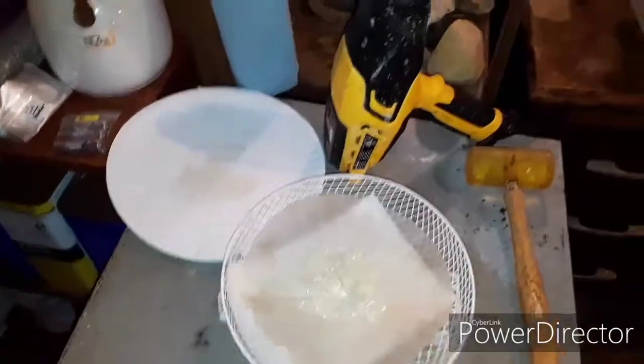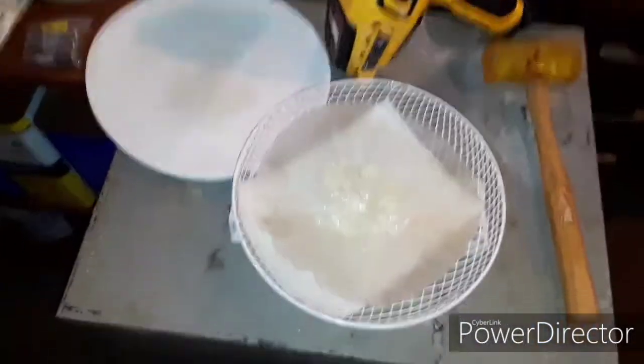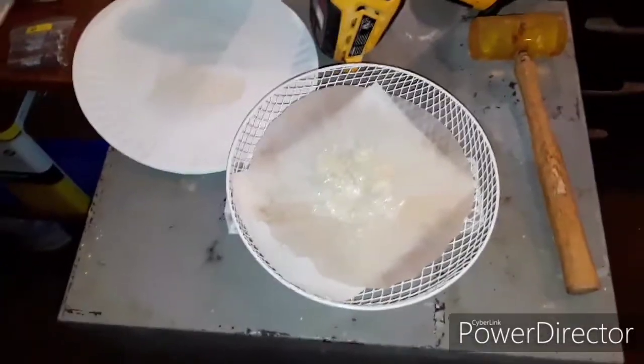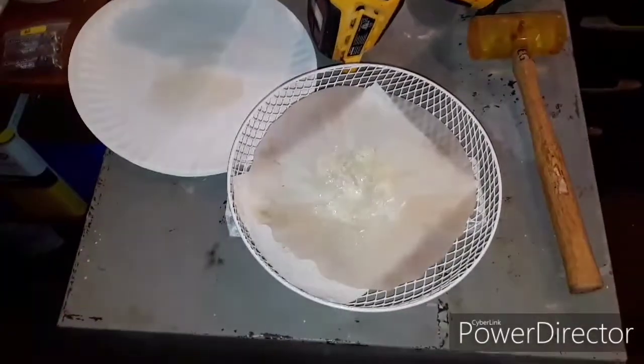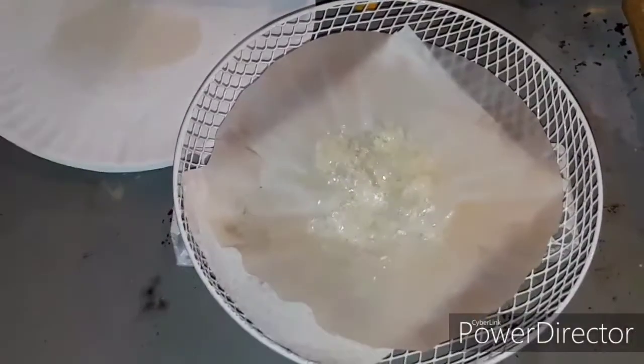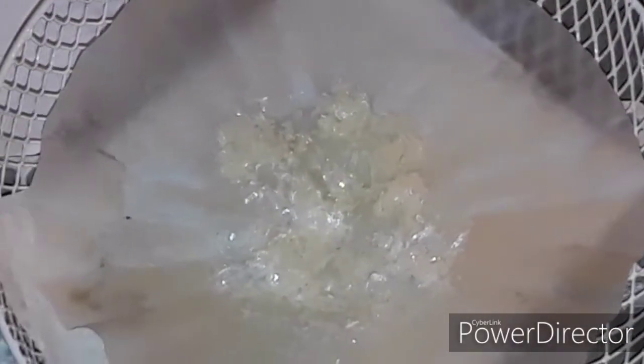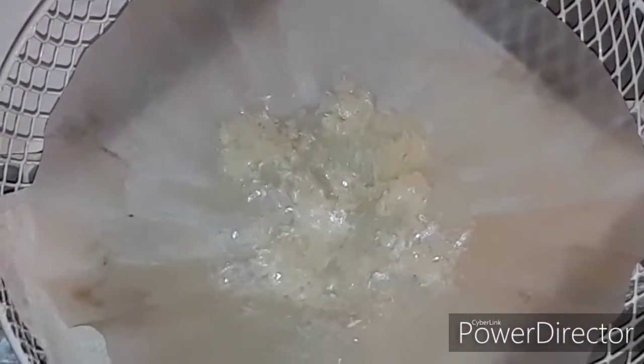So this is the first batch of crystals from our nitrobenzene, or I'm sorry, our nitrotoluene. These appeared after I stuck the NT in a beaker and I let it get down to about -10°C. Left it in there for a few hours, and for the most part you can see that they are a